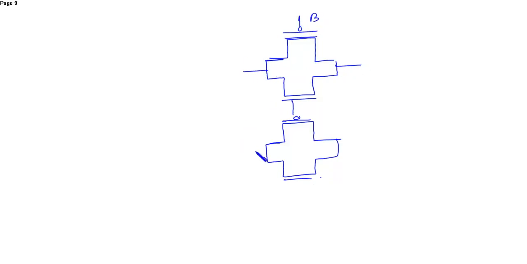You can see this is B and this is B bar, this is A, this is A bar. Okay, this is B bar. This is again B. And this is the output, that is Y. You can see there are two inverters here. So what you will do? Here you will need two inverters